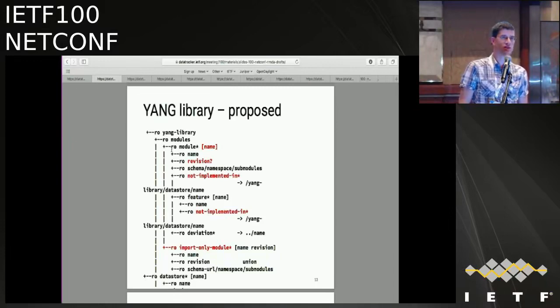So given that a server can only implement a single revision of a module, then that list can now be listed by the module name, and the revision becomes simplified because it's optional as it is in the schema, and the data type can then be simplified as well. And separately from that, you have also the import-only module list. Now, because you can import multiple revisions of different modules, then you have to keep the name revision key there,